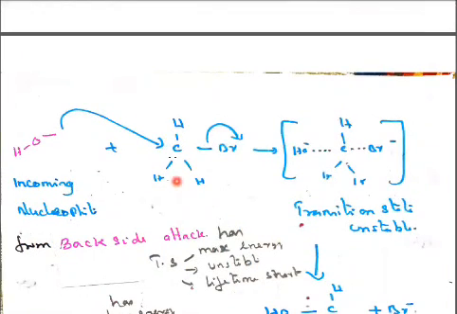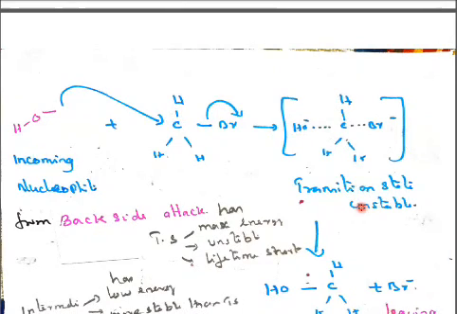Here the nucleophile is the incoming group and is attacking, because bromine is more electronegative. It attracts the electrons towards itself. It bears a partial negative charge, and the carbon bears a partial positive charge. So the nucleophile attacks this partially positive carbon. The dotted lines show weak bonds. The incoming group is coming in and the leaving group is trying to leave. This is called the transition state, an unstable state.